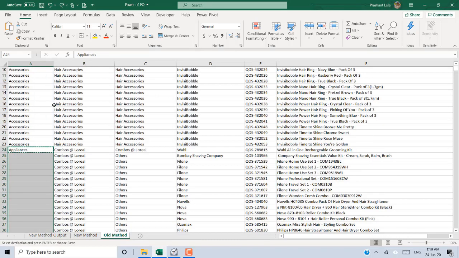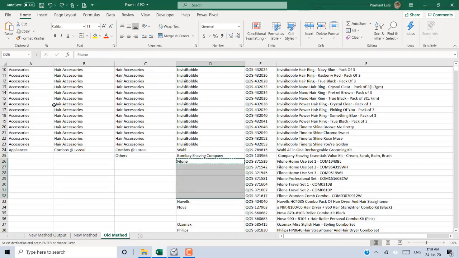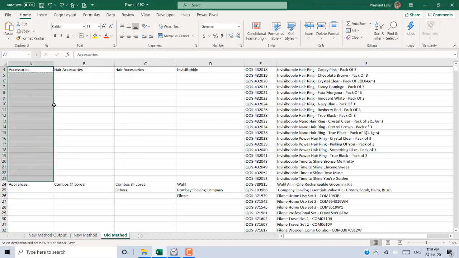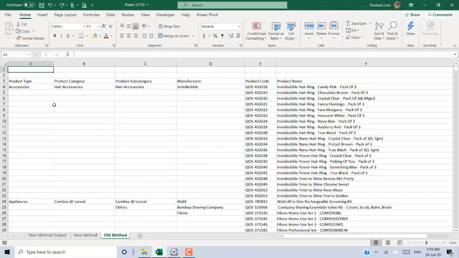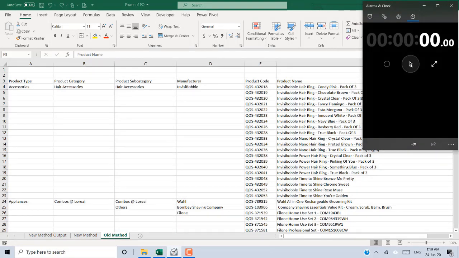But to do it manually takes a lot of time. Still, I'm going to show you how we used to do it, and how you will never do it again. So I'm showing you the traditional way, and I'm going to start the timer for this purpose, so we can compare the time taken by the traditional way and the new way using Power Query. So I'm just starting the stopwatch here.